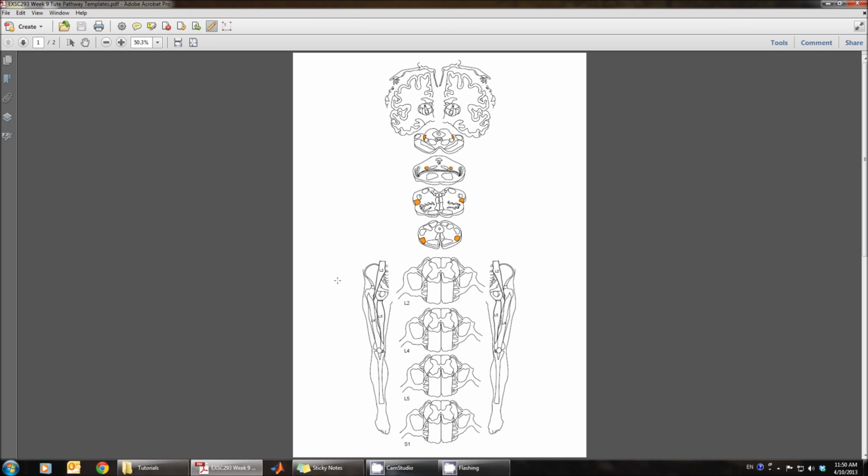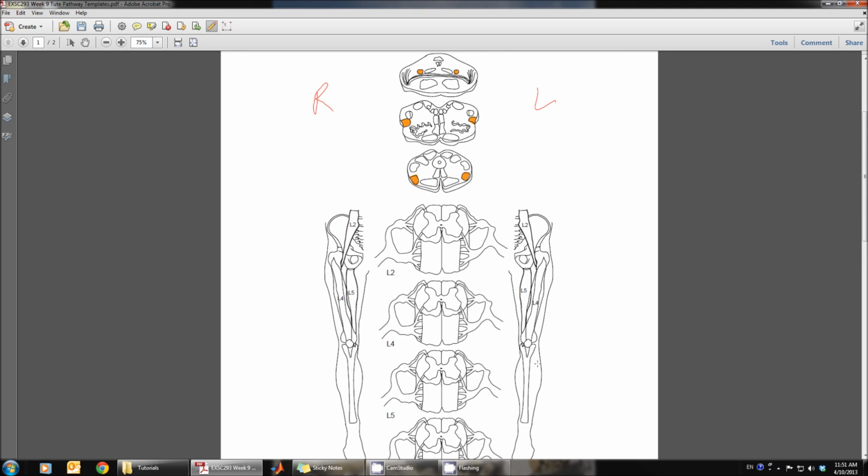Let's label the side first. So this is the central nervous system and 2 legs facing us. So this will be the left side and that'll be the right side. So make sure you indicate which side is right or left when you actually draw a pathway in the final exam. So let's use our left leg